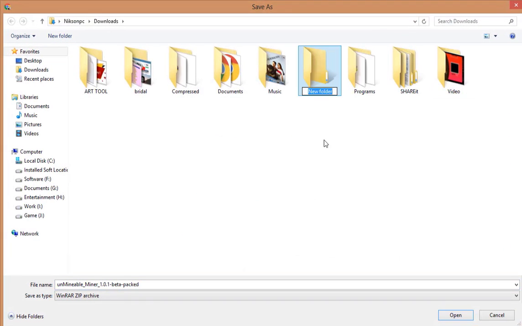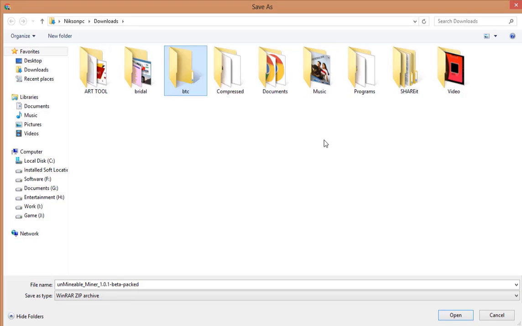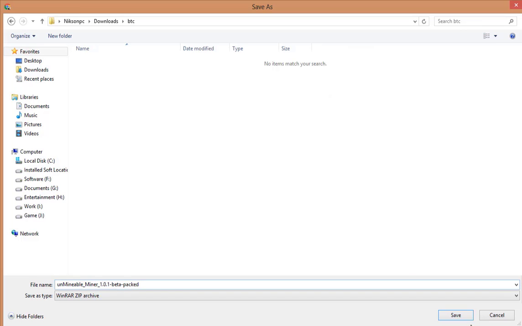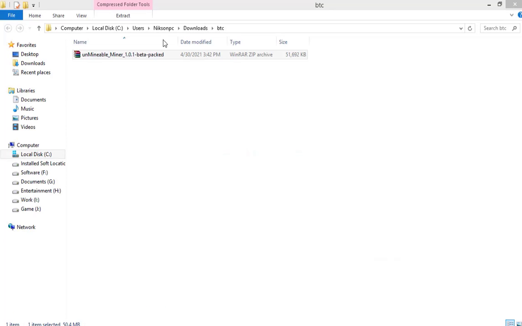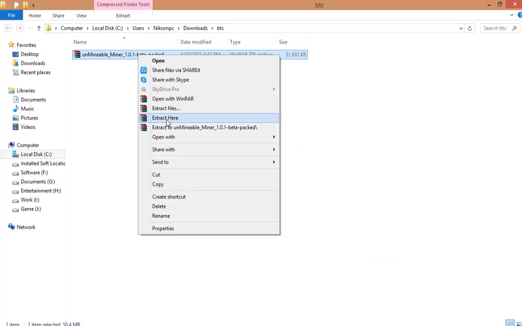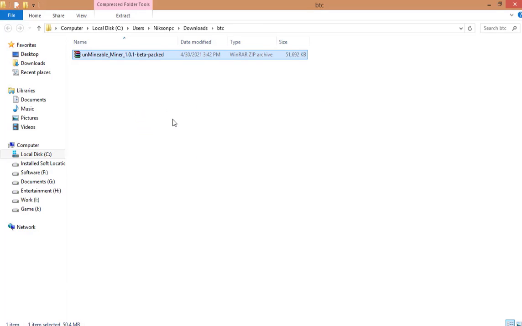Create a folder on any drive of your device and save it. Okay, so this will take some time to download the package. After that, you have to extract this zip file and you will see the software.